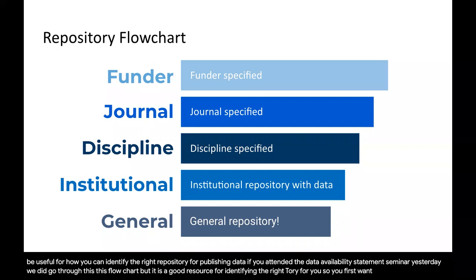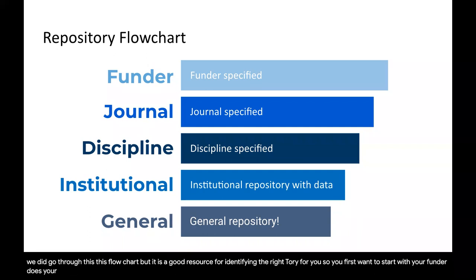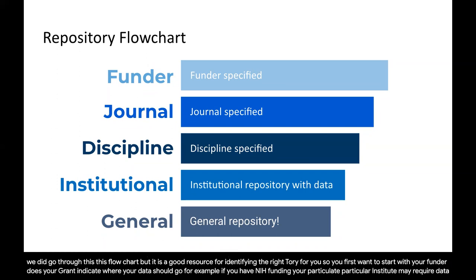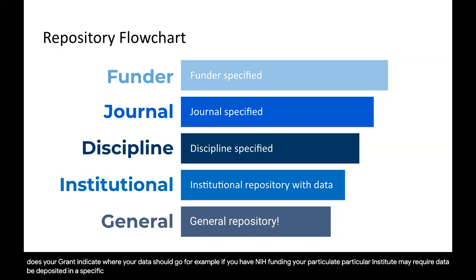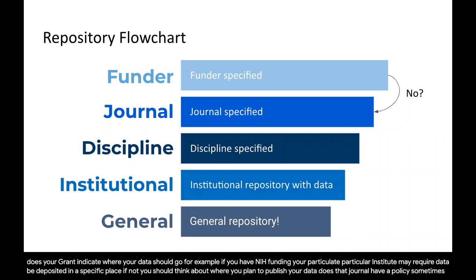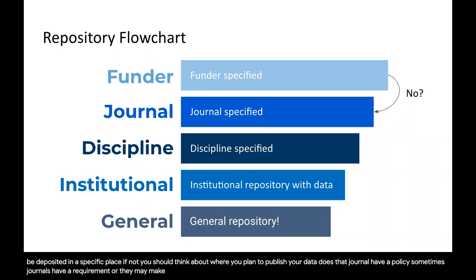So you first want to start with your funder. Does your grant indicate where your data should go? For example, if you have NIH funding, your particular institute may require data be deposited in a specific place. If not, you should think about where you plan to publish your data. Does that journal have a policy? Sometimes journals have a requirement, or they may make suggestions for you. If not,